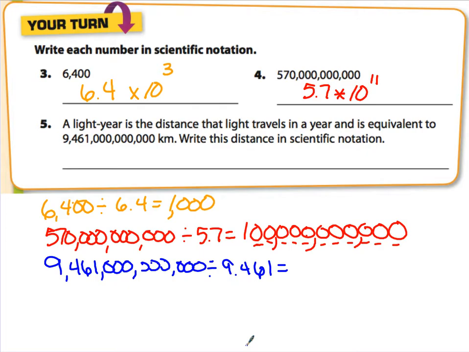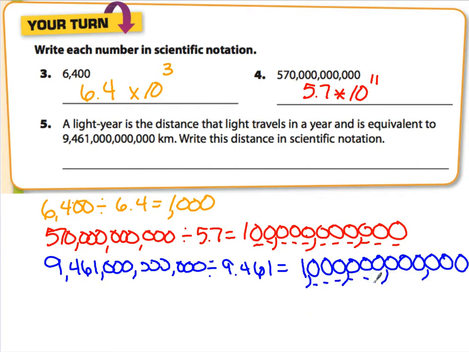And when you did that, you would have gotten 1 trillion. And here you have 12 zeros. So that tells you you would have had 9,461,000 times 10 to the 12th power